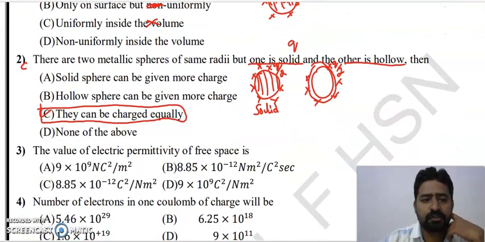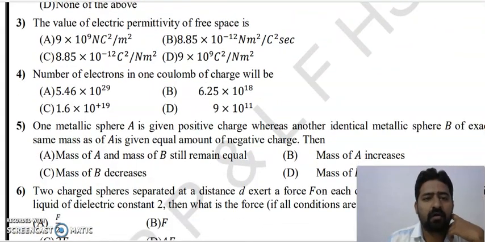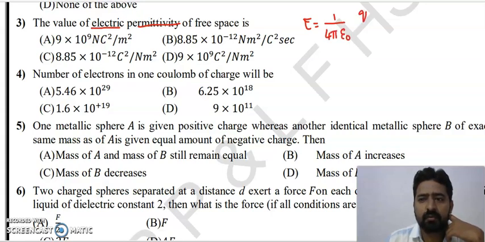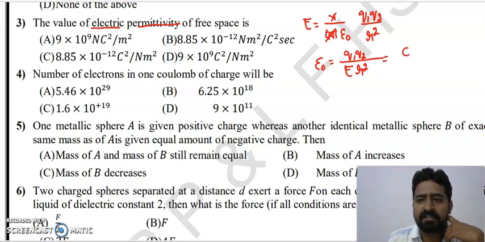Let's see the third question. The third question is about the value of electric permittivity. We know the equation for electrostatic force: F is equal to 1 divided by 4 pi epsilon naught, Q1 Q2 divided by R square. 1 divided by 4 pi has no unit. So epsilon naught is equal to Q1 Q2 divided by F R square. Then that is C square, divided by